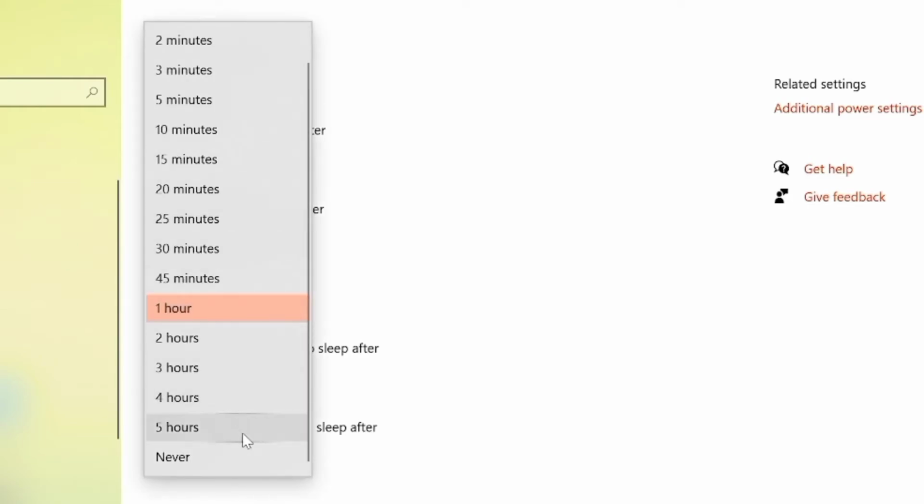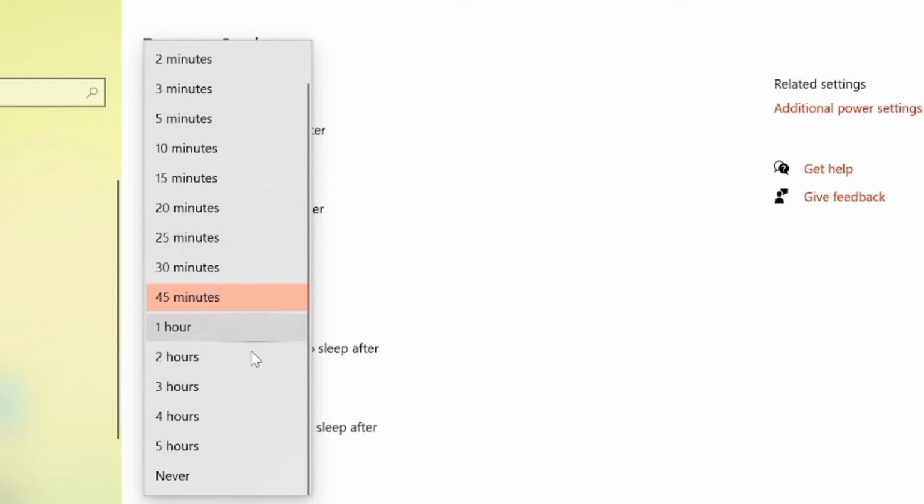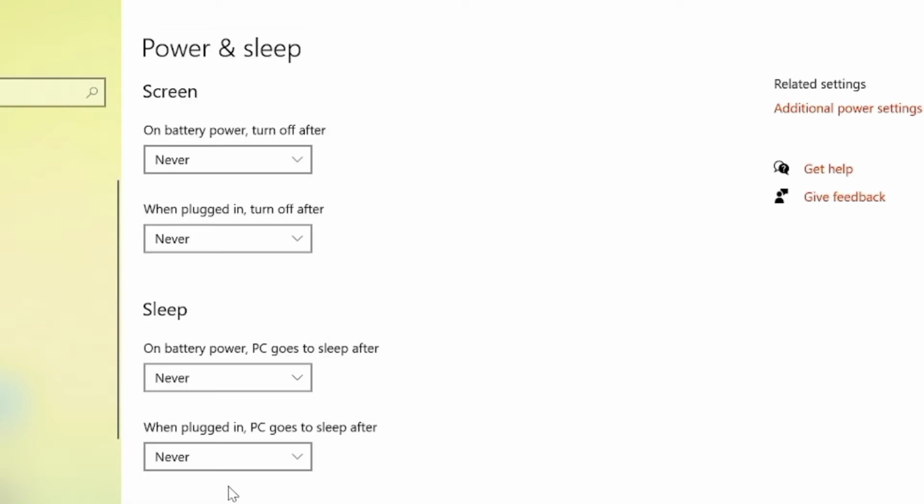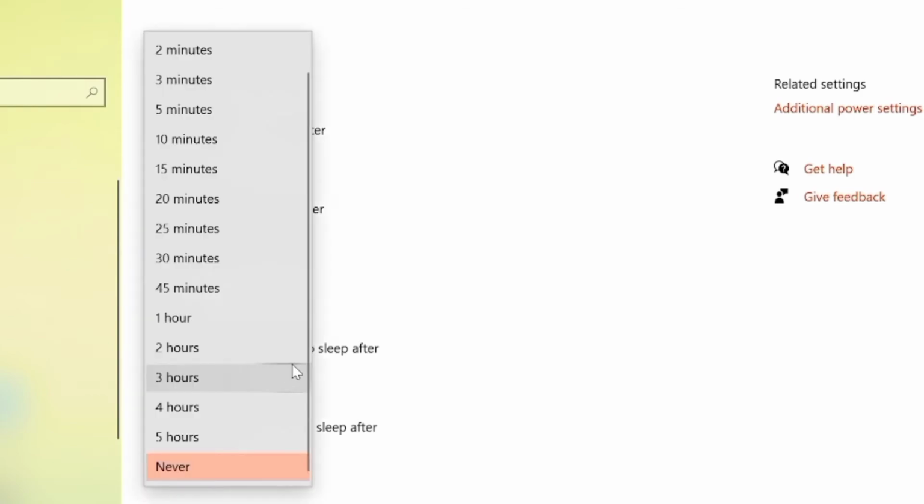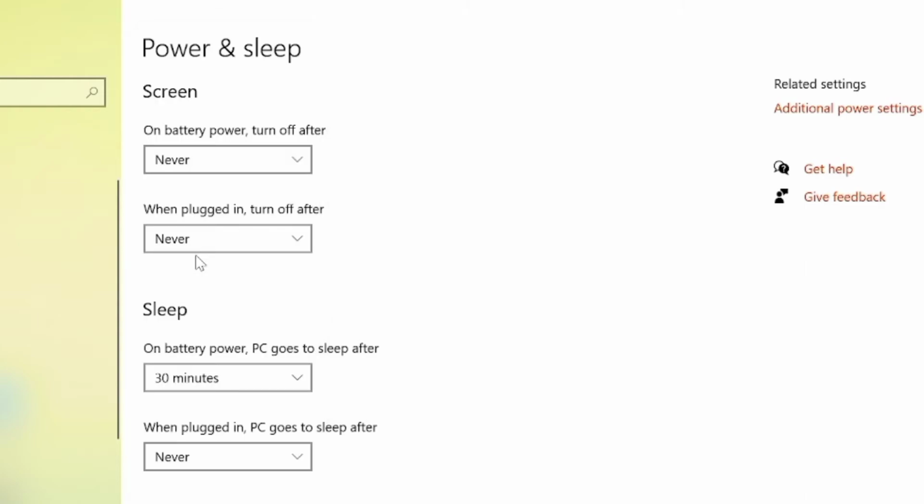So okay, and now if you want to make your PC sleep, you just see here on battery power. It means when you will use your battery, your PC goes to sleep. After, select any of the time. Okay, I am selecting 30 minutes, and